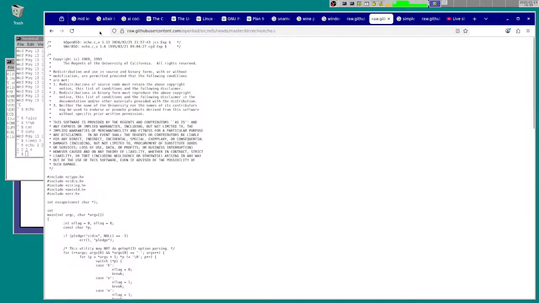Then this is OpenBSD. I am not running OpenBSD here. The Regents of the University of California had bought the AT&T stuff.